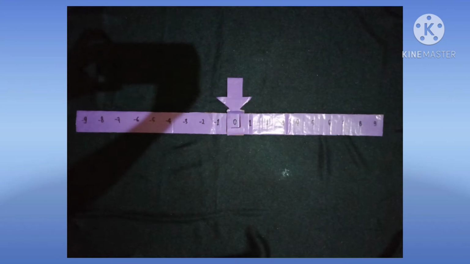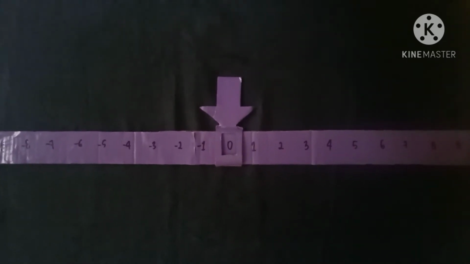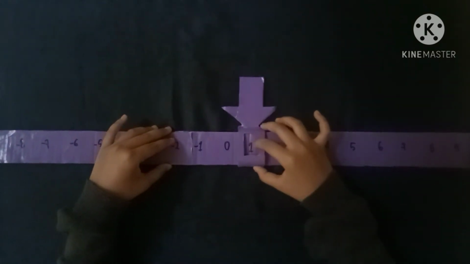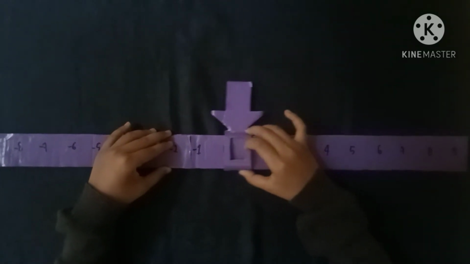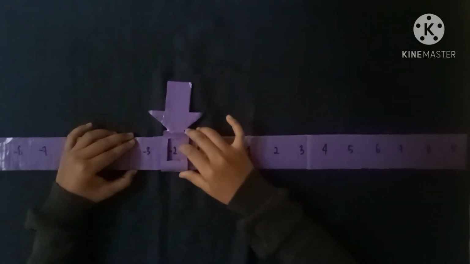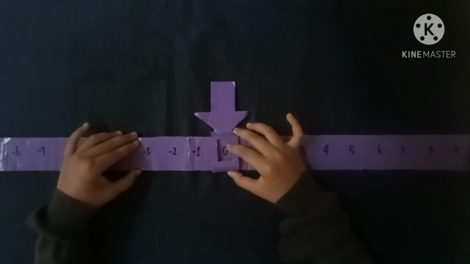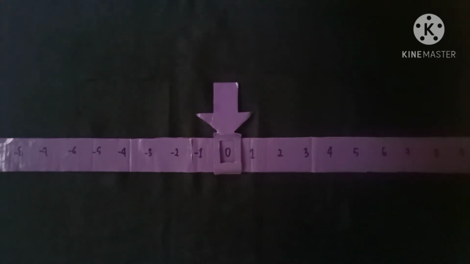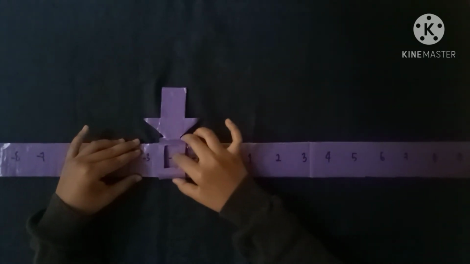2. For subtraction operation. To perform operations on subtraction, there are several things to note. A. The arrows are located at the 0 point. B. If the number is positive, then the arrow goes from 0 to the right, then moves in reverse direction to the previous direction. C. If the number is negative, then the arrow starts to move from 0 to the left, then moves in reverse direction to the previous direction. If numbers are positive and negative, or negative and positive, then the arrow will move from 0 to the right or left in the same direction as the previous arrow.